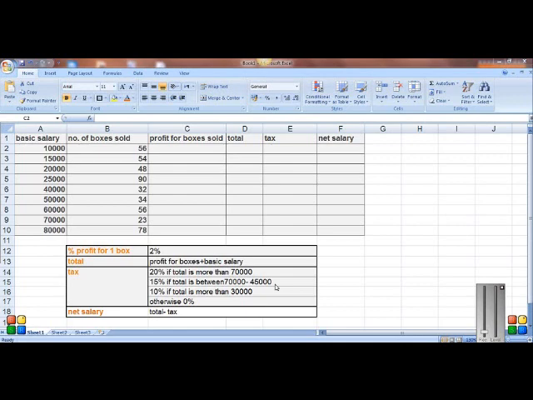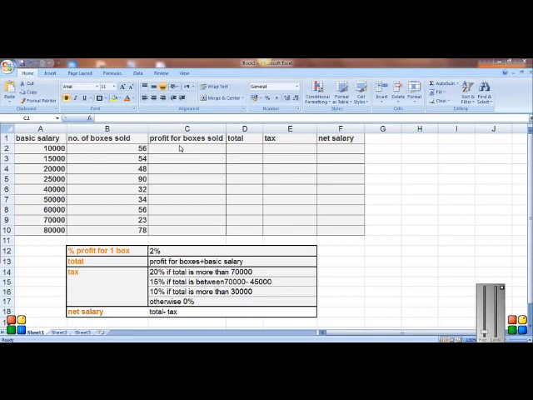So you will be given a table similar to this one. This is just an example. It won't be exactly the same, but something like that. You will be given a table and it will have some data values. For example, let's say that this table is talking about employees having some salary and they are selling a certain number of boxes every month, and then we will be asked to find the profit